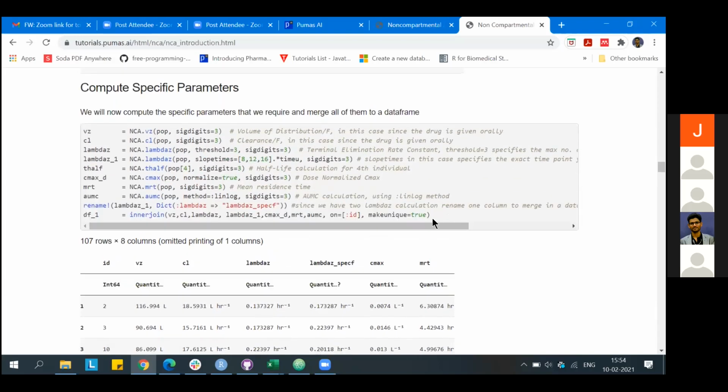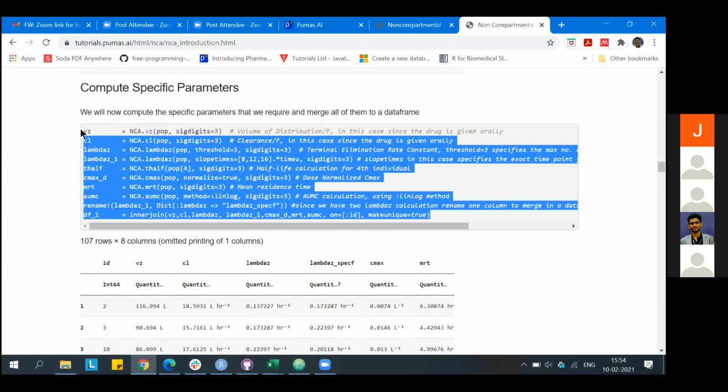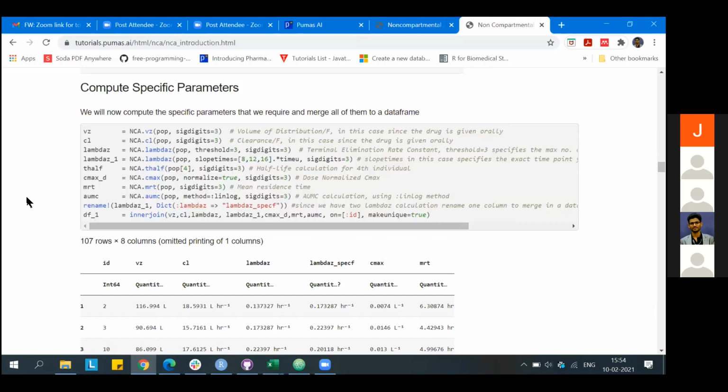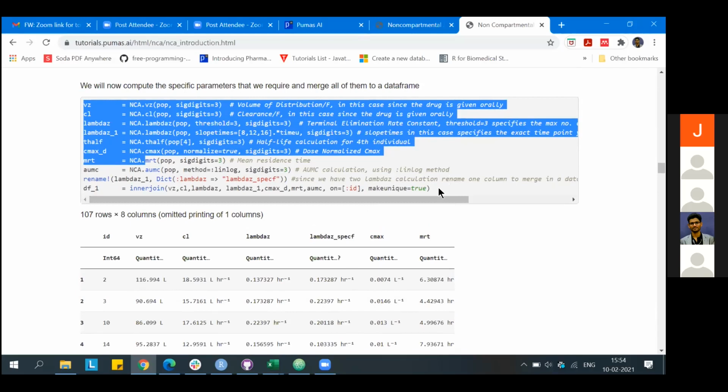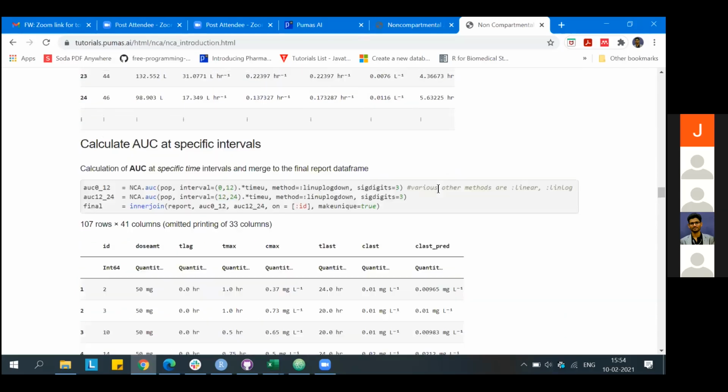And here we have codes for computing each single parameter. As I mentioned, the NCA report gives out about 49 parameters, but if you want specific parameters like volume of distribution, clearance, or lambda z, you can just get the code for them. You can copy and paste it in your Julia file.